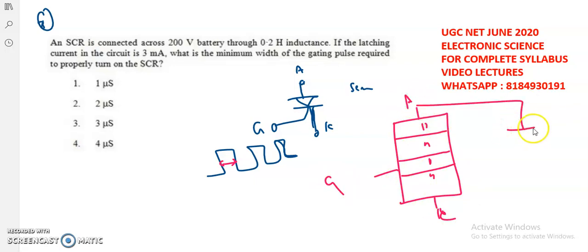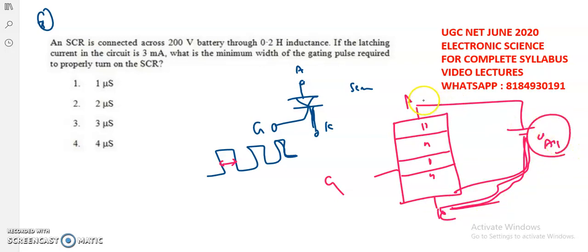So previously I told that the SCR can be brought into the on state with a limited voltage between the anode and the cathode, that is V_AK. Why? Because without limiting, if you keep increasing the V_AK, then the J2 junction goes into breakdown, and uncontrollable current flows through the SCR, which leads to damage of the silicon controlled rectifier. So there are two on conditions for the silicon controlled rectifier.